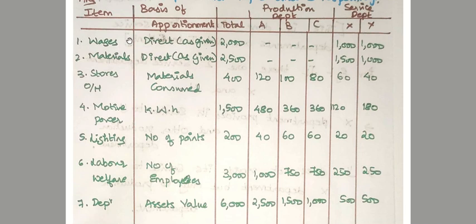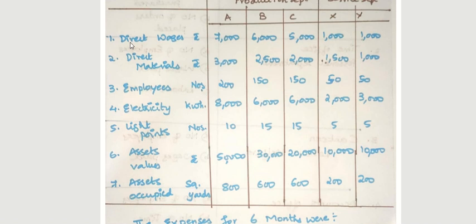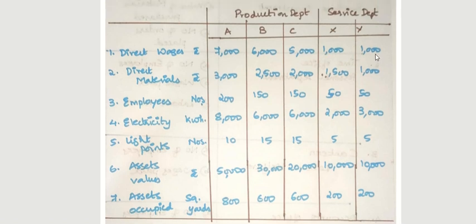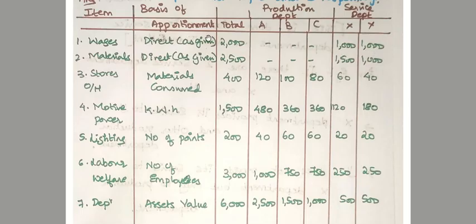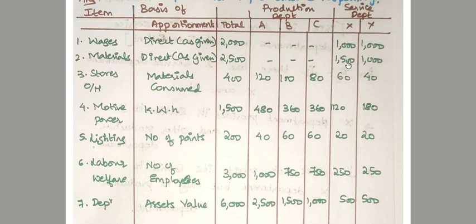I have told you, always you should start from your direct expenses. If they are given in the question, direct material, direct wages and direct expenses, you will apportion only to the service department, considering it as indirect. So in the question, if you see, we have direct wages and direct materials given. So what is your service department apportioning? 1000 and 1000. So your direct wages based on direct as given, the total is 2000. Direct materials, your service department 1500 and 1000, it is 2500.